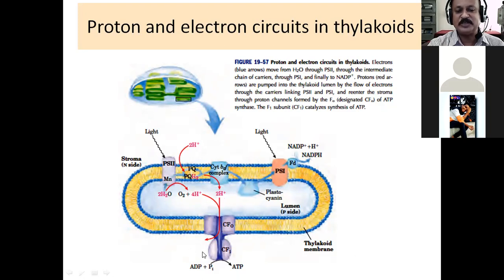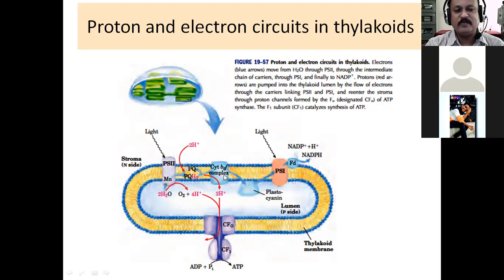Now all these protons which are generated here are coming out into the stroma of the chloroplast, and they are coming out only through a specific point, and that specific point is the ATP synthase enzyme. So you have the FO component here. CFO is written, C stands for chloroplast. So FO component and F1 component. This F1 component of the ATP synthase is responsible for ATP synthesis from ADP and inorganic phosphate. I hope you can see that.